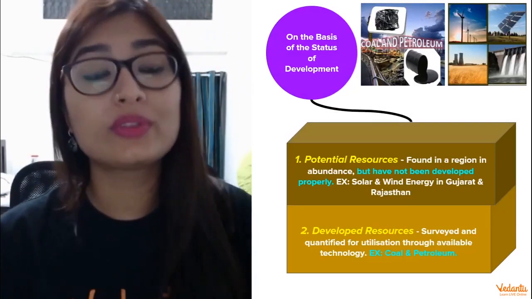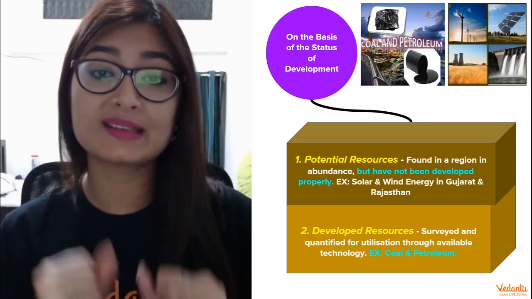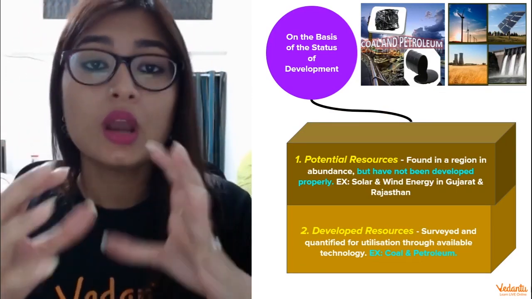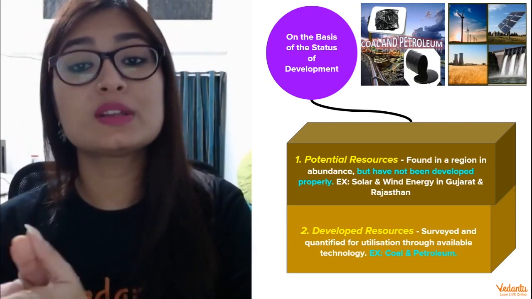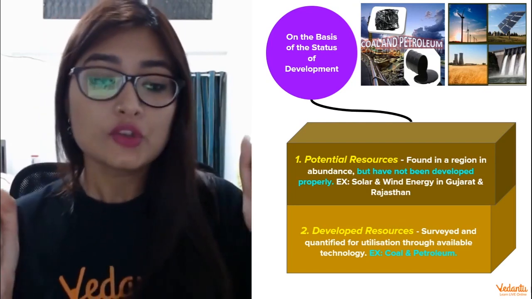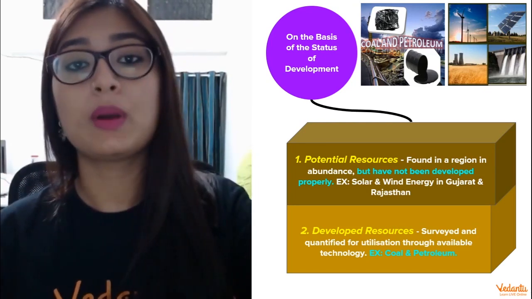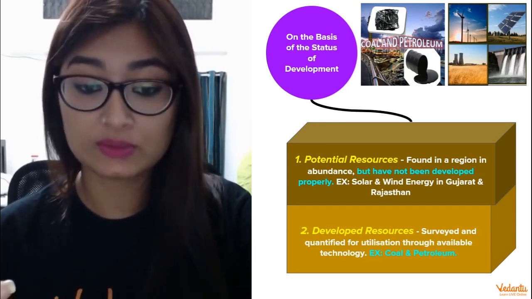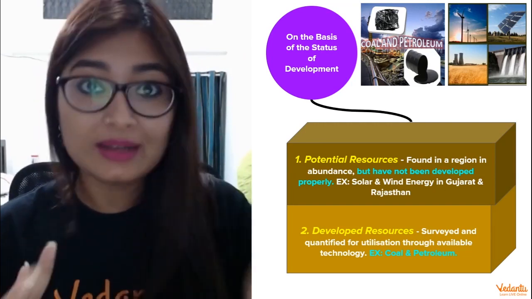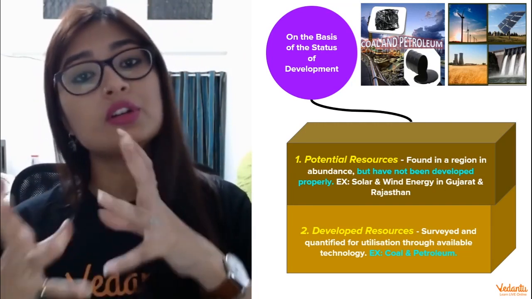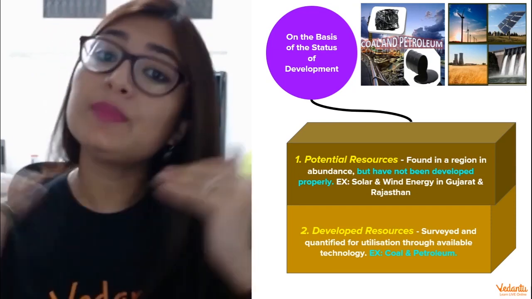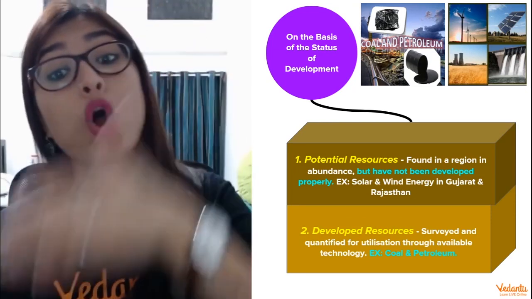Okay, coming to the final type, the basis of status of development of resources, which means resources that are segmented into this final type on the basis of their state of development, how developed they are. So the very first type that we talk about under this is potential resource. Now, what do you mean by potential? Anything that carries the credibility, right? The capacity. So potential resources are basically resources that are found somewhere which can be used, however, have not been